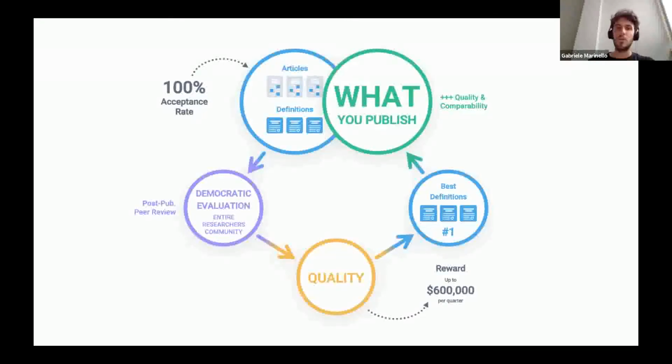So first you share your research paper, then you get all the feedback that you need. And with the feedback, what you can do is update the version of your research paper. The process doesn't have an upper end. It is limitless. As long as you get feedback, you can keep versioning your research study with the feedback from the community.